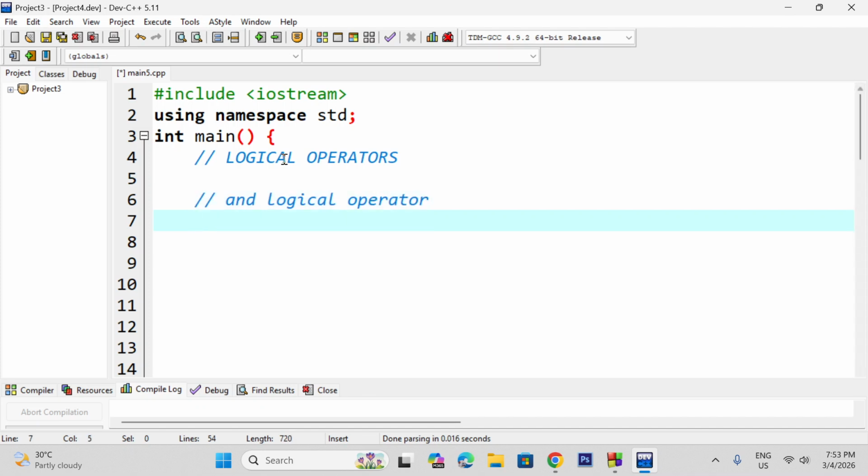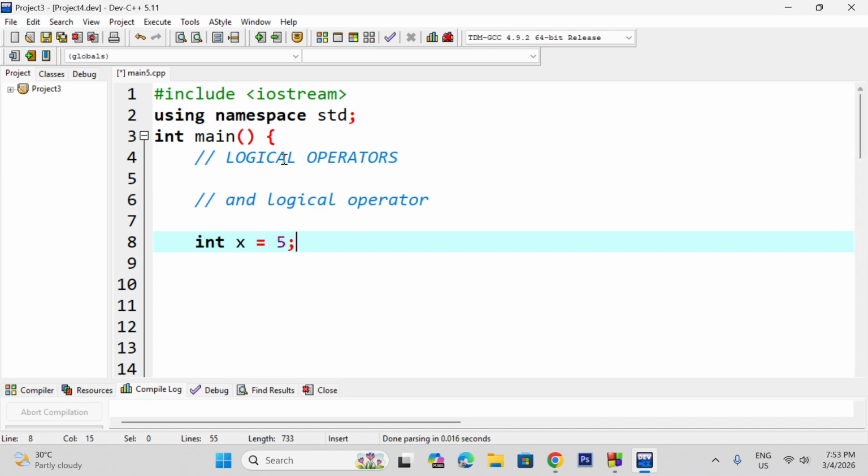The AND logical operator expects both sides of it to be true for it to be true. So if I say, let's say, int x is equal to 5, and then int y is also equal to 10, then I write something like